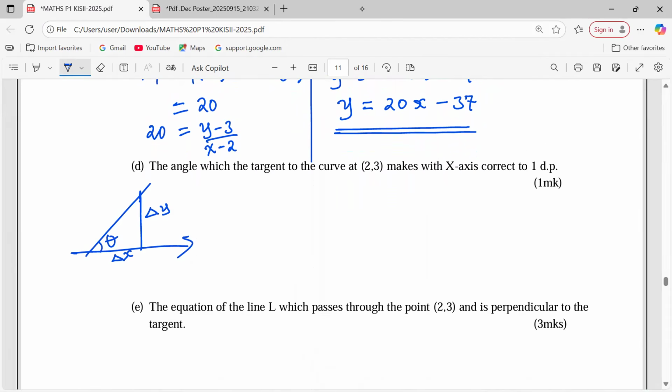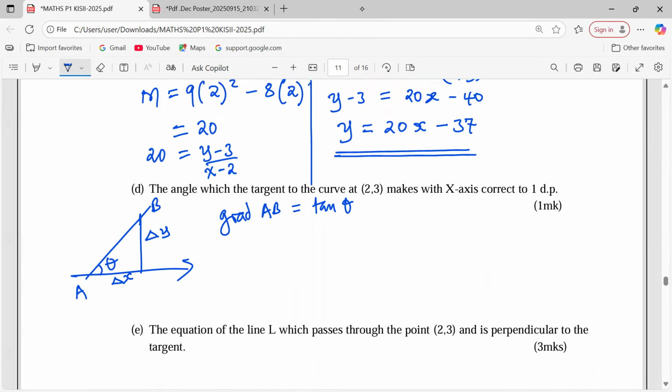The tangent of this angle is also equal to the gradient of the same line. So the gradient of line AB is given by change in y over change in x,